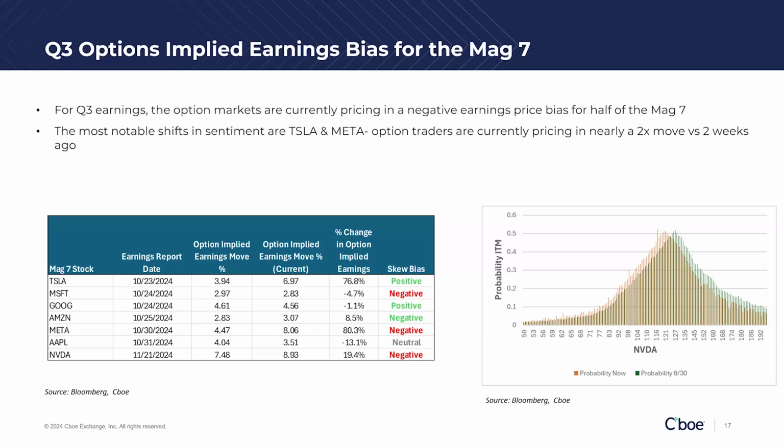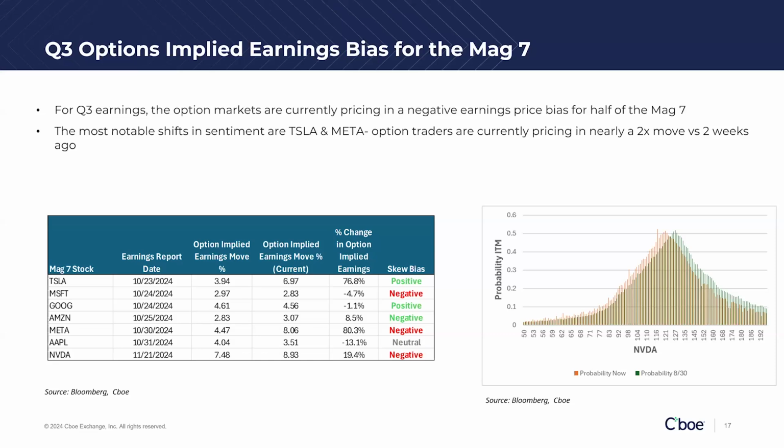a quick look back at how this analysis performed relative to actual earnings is it actually did pretty well. The interesting thing is that for a lot of these Mag 7 companies, even though they reported positive earnings, the guidance was actually lower than expected. So the option market basically had a pretty good view on how the stock was going to trade based off of guidance, not so much based off of the earnings.